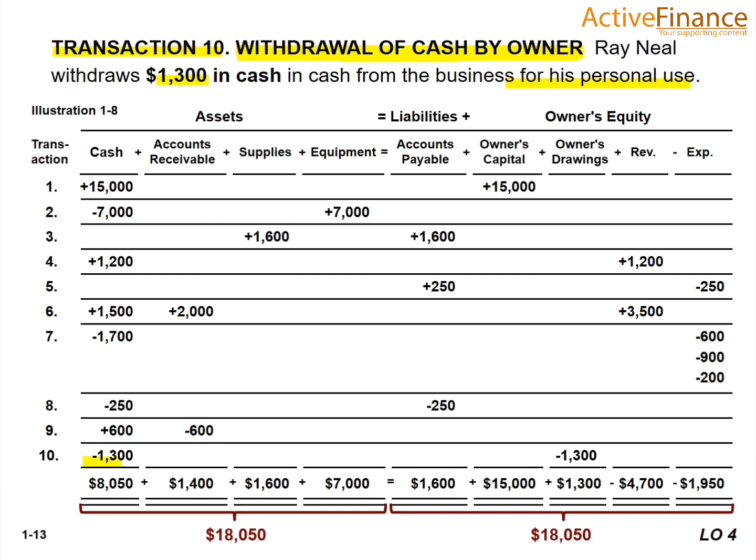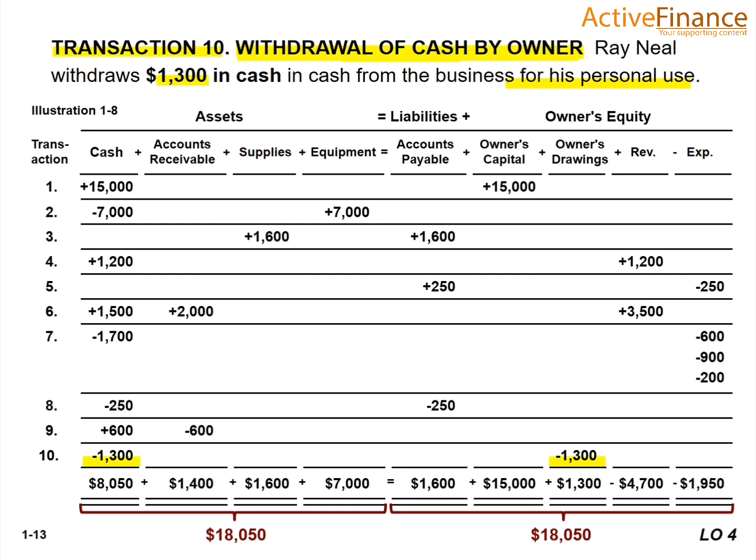We will minus the $1,300 from the cash, because he has withdrawn for his personal use, and also we will minus, because we have learned that owner's withdrawals result in a decrease in owner's equity. So here we will put the minus 1,300,